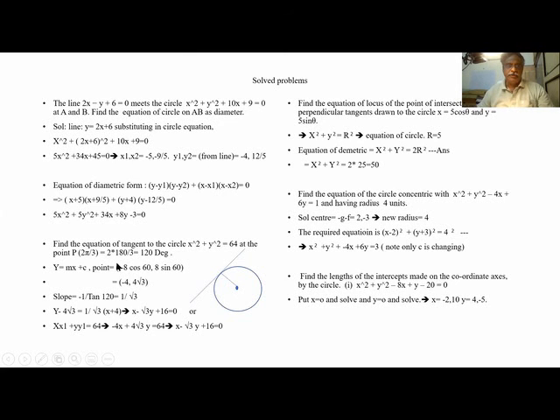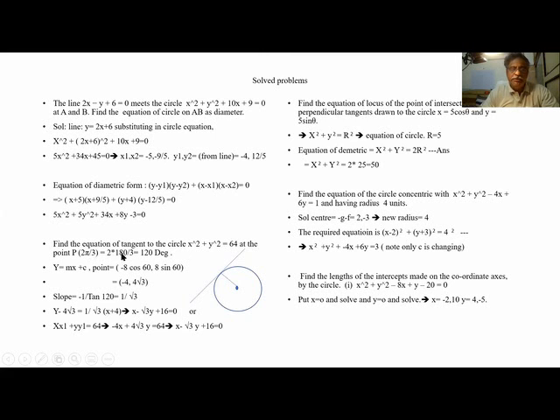Now go to the other point. Find the equation of the tangent to the circle with center (0, 0) and radius 4 at the point 2 pi by 3. The point is given as 2 pi by 3. So what is the equation of the circle? And we have to convert this into the equation of the tangent. We know the tangent is x cos theta plus y sin theta is r. So here is r. What is x?